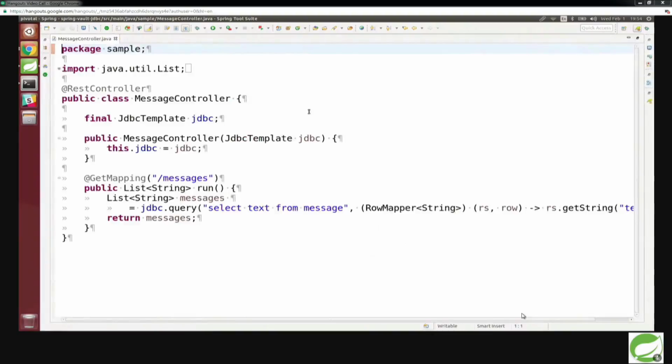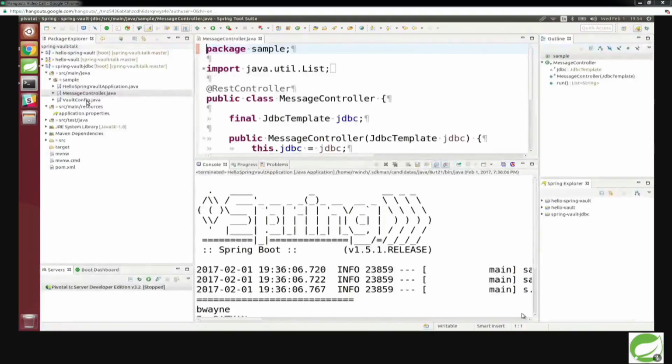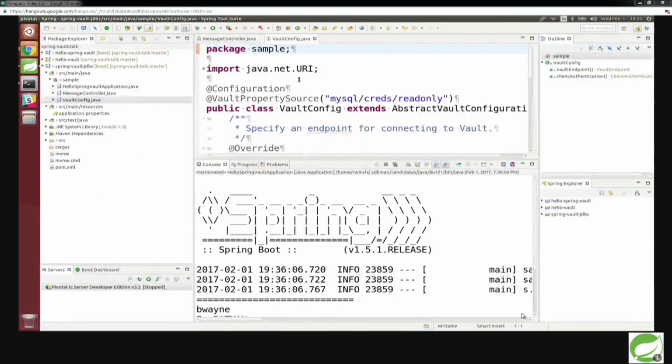Now I have a JDBC template that's being injected into here, and I'm going to do a query from a database. The vault config is pretty much the same, except now the path is to MySQL creds read-only, which should look familiar. It's how we were creating our dynamic database credentials.